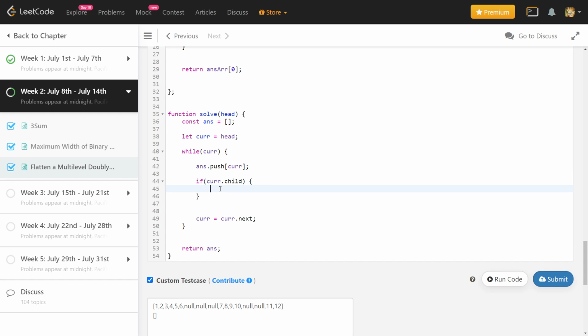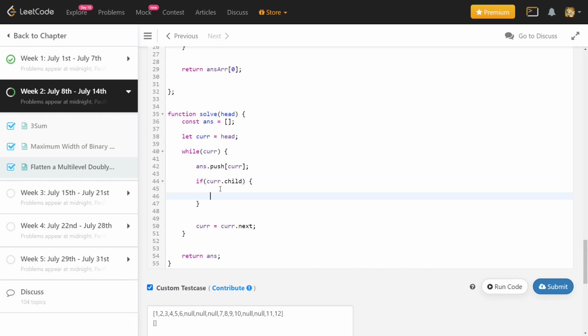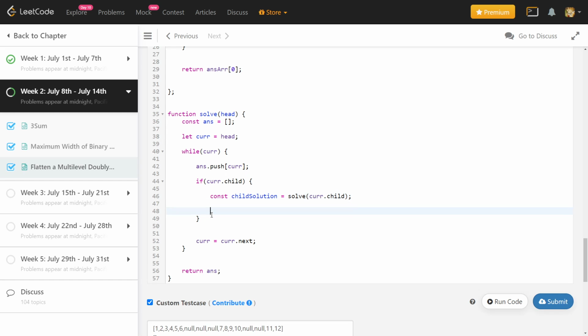Then we get the solution for this child. This child solution will be solving this child itself. I solve this child and then I push it to the answer. Basically you will iterate over this and append all the elements of this to the answer itself, but in JavaScript we have this syntax so that we can just push it directly.